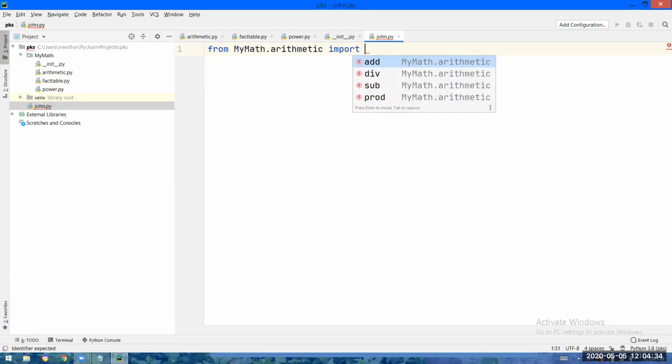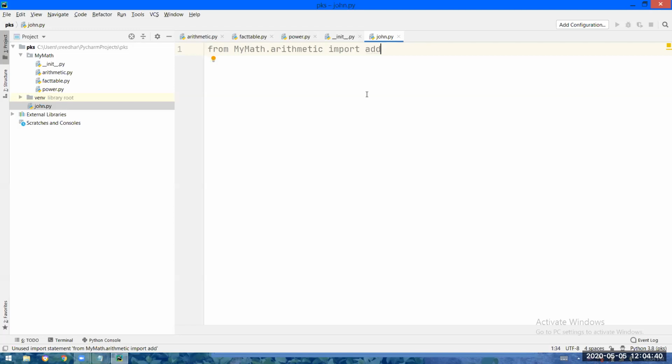So from mymath package, from arithmetic module, what he's using? He's using the add function, correct? Similarly, he also wants from mymath package power module, he wants to import the cube function. Now directly he can call the add function to capture the result. He is taking add result equal to,